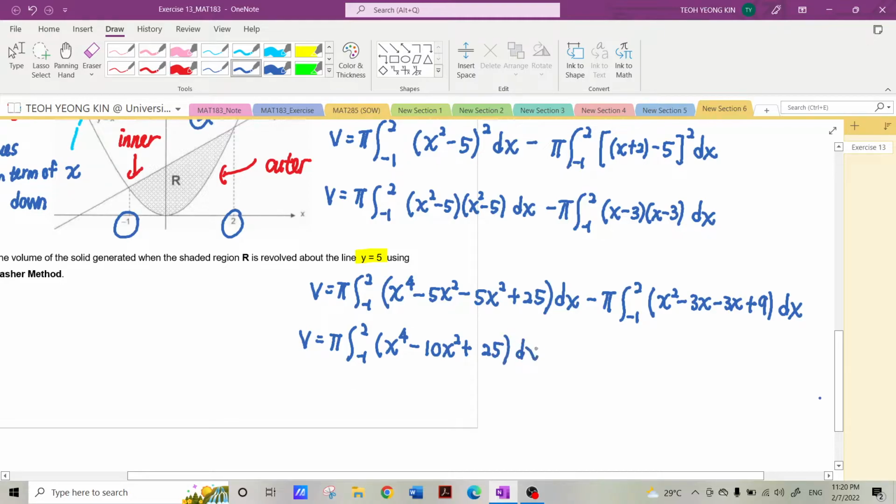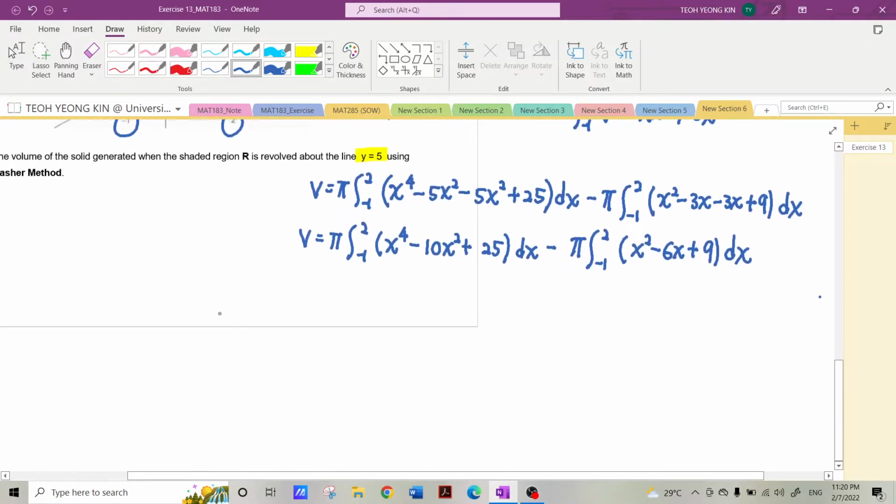And then with respect to x, plus minus pi, integration from -1 to 2. Here we have x squared minus 6x plus 9. Now we start to integrate. So volume is equal to pi, put a square bracket, x power 4 now will become x power 5 over 5 minus 10, this one is not 10,